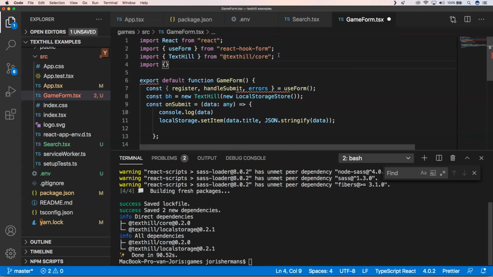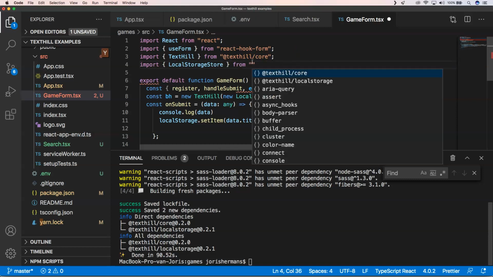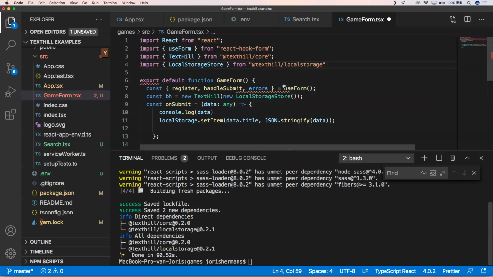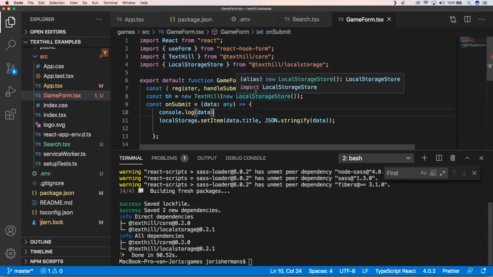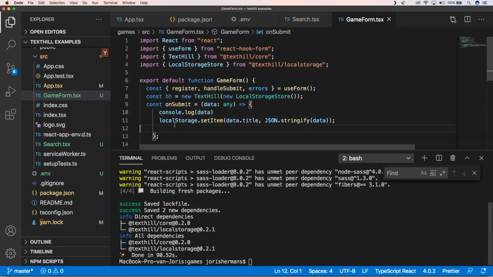And then of course also here and do the following thing from local storage, right? So that's awesome. Now we have that. Of course, here, what I want to do here is say